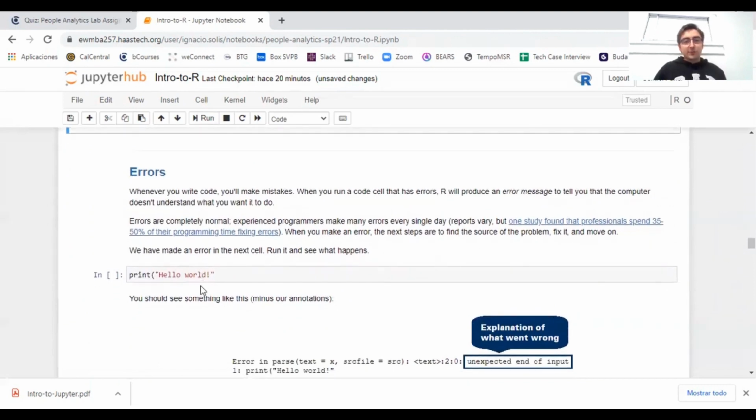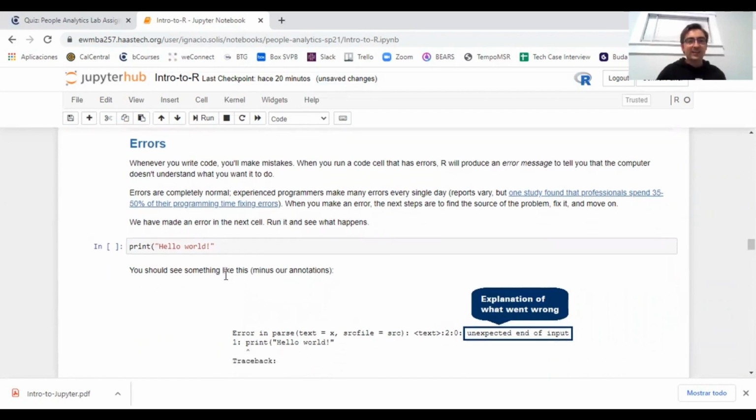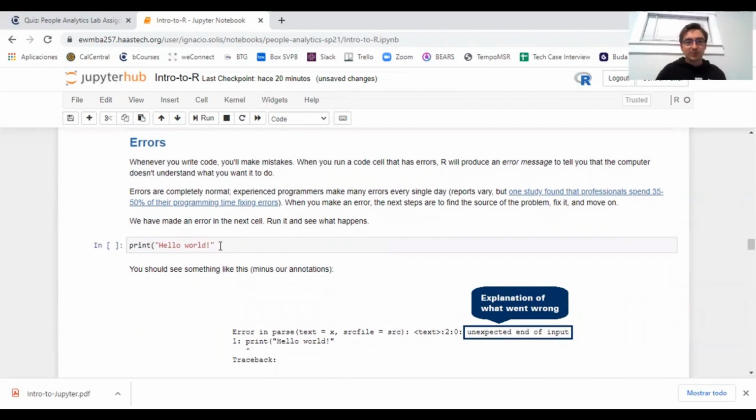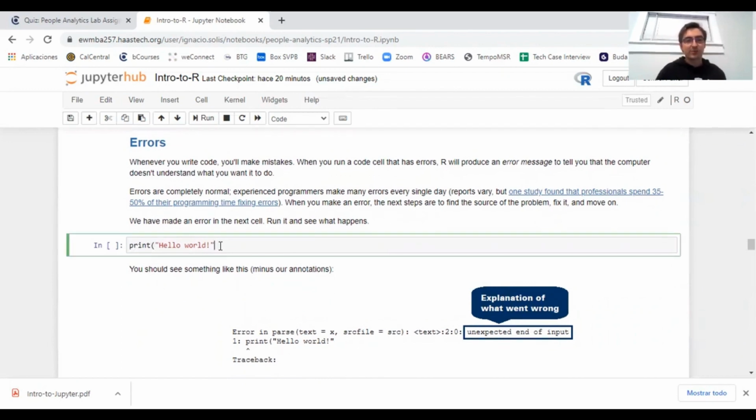Now, it's also important to understand when you have an error. So in this case, in the following code cell, we have the print function. The syntax for using functions considers these brackets. You need an opening and an ending bracket. And in this code cell, we didn't write the ending bracket. So that should